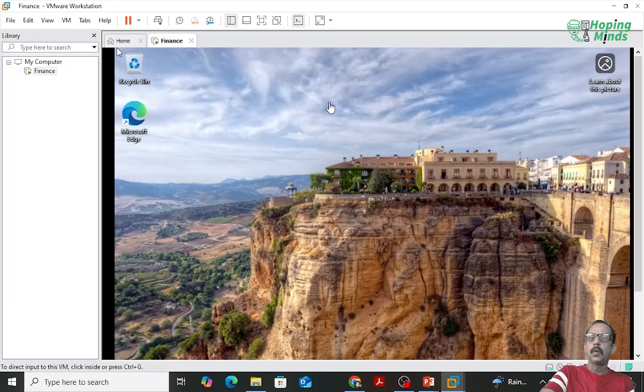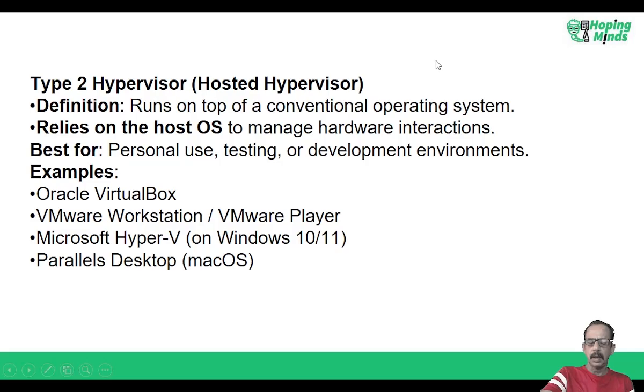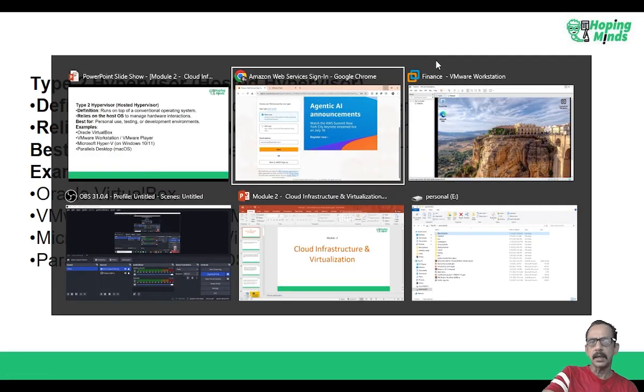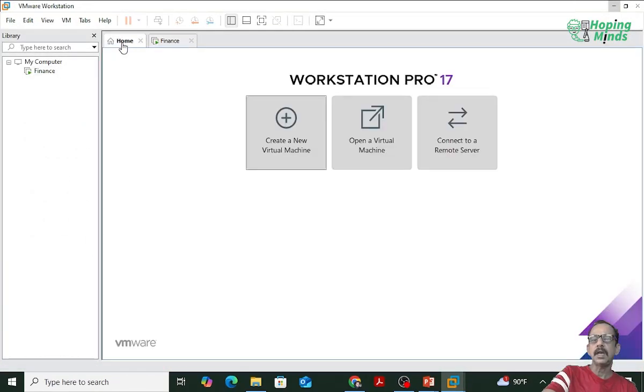So now you can see on one base machine, depending on the capacity of the basic hardware, I can create multiple virtual machines. All the machines run in parallel. Like you can see here, my base machine, I'm using Windows 10, and here in VMware, I'm using Windows 11. One more machine we can create where we can put